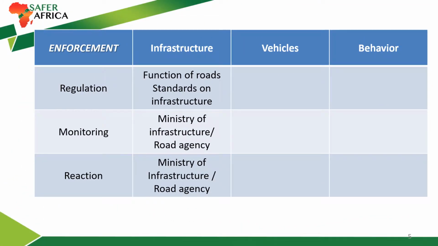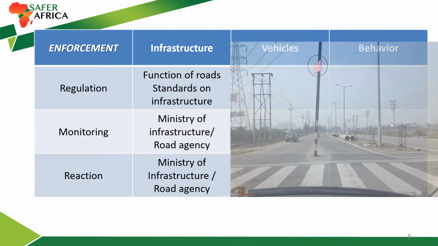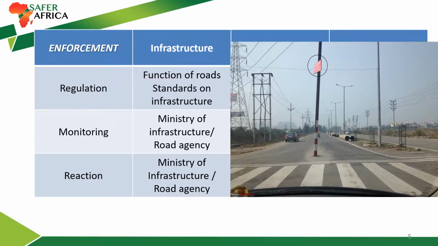Enforcement can relate to the 3 basic components of road safety: infrastructure, vehicles, and users. In the following matrix, we can identify some of the elements for each cell without being complete. You can see that regulations are necessary for several elements of infrastructure. It has to do with the planning, the function of the roads, the speed limits, but also